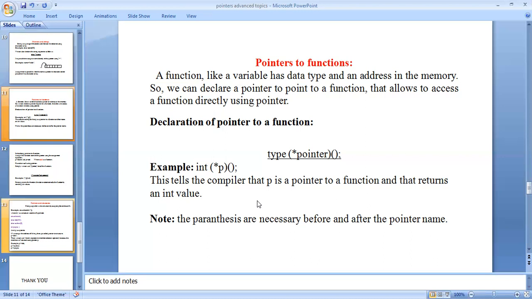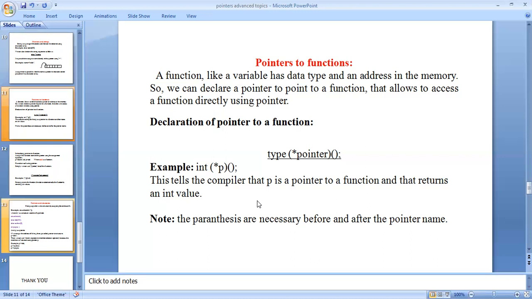Declaration of pointers to a function. Type: here the type means the data type used, like int, float, char, double. Asterisk of pointer means defining the pointer's address using empty parentheses and a semicolon. Example, int is the data type.